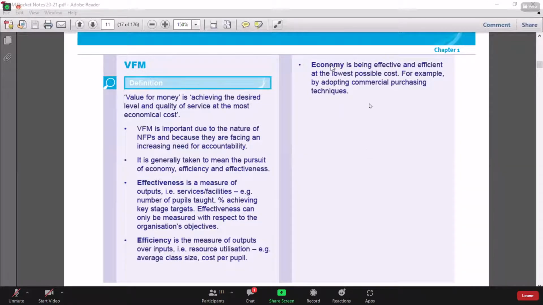Now, economy. Here, in the same example, I want to continue. Yes, you divided the 100 students into two classrooms. You provided good books, bags, and a hygienic atmosphere in the classrooms. Perfect. And you recruited the staff also. Let us assume that 6 or 7 staff are there, and you are paying 1 lakh per month as salary to the staff members. Now, can we assume that they achieved economy?